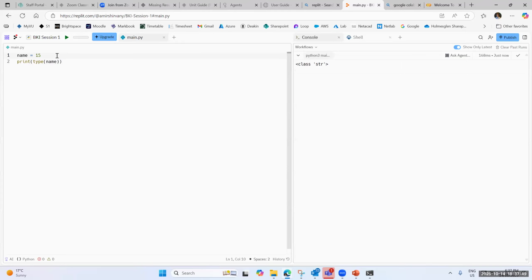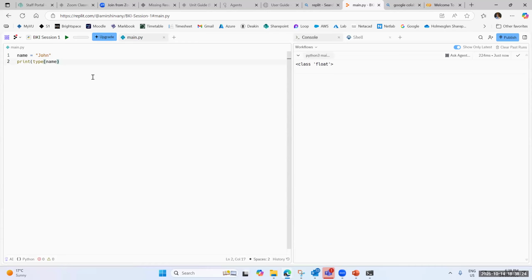If you change this to a number and you run the code again, it says that it's an integer. If you put a decimal value and you rerun the code, it shows it's a float, as discussed. The other thing that I want to show you is this one. Imagine instead of print type name, where name is the variable and type shows you the data type,